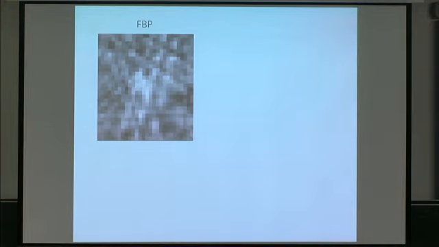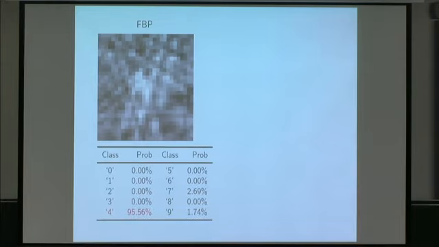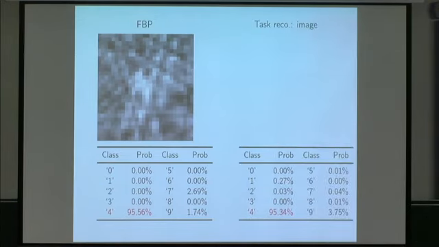Well, let's go on. Here's another one. I think this one was totally hopeless. The 9 I think I could solve, but this one is totally hopeless, for me at least. Well, let's look at the table. It says it's a 4. Again, it could perhaps be a 7, right? But it's a 4. We do the joint reconstruction and classification, and surely enough, it's actually a bit less confident that it's a 4. It says